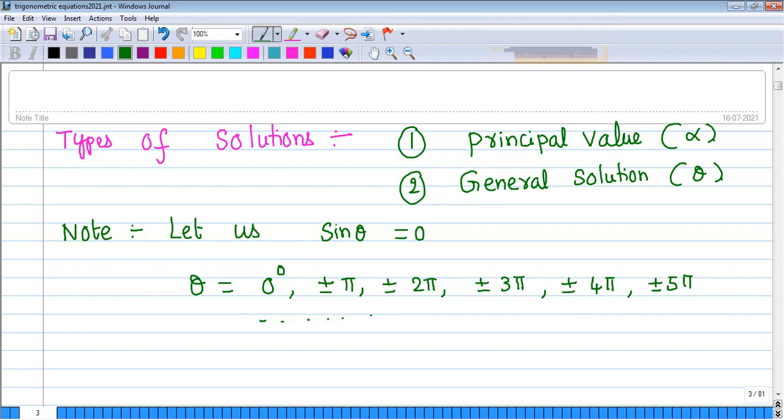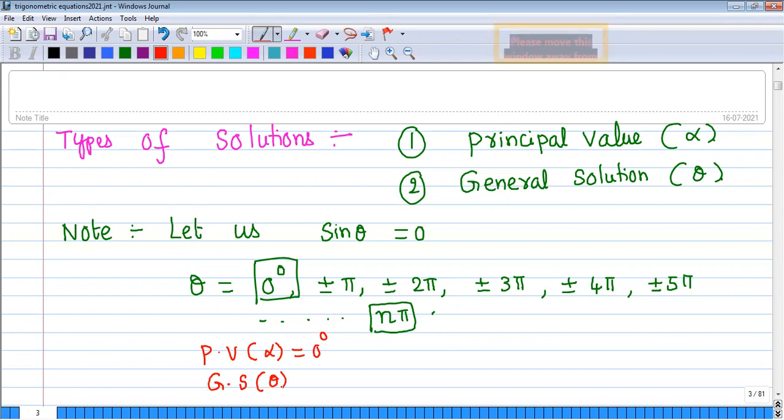And so on. You can write like this: plus or minus n pi. So this becomes the general solution, and this becomes the principal value. Clearly we shall mention that here principal value alpha is equal to 0 degrees, whereas the general solution GS is theta equals n pi,